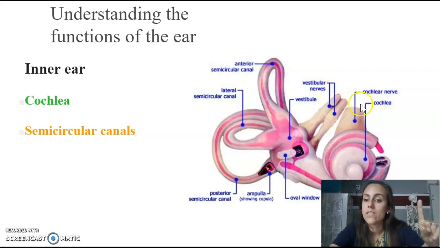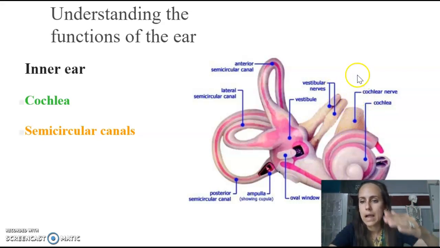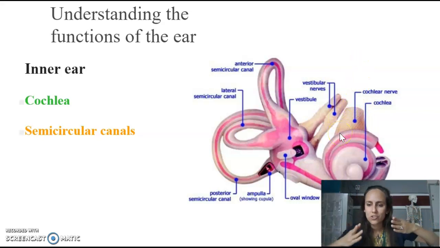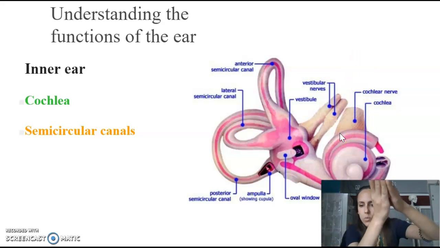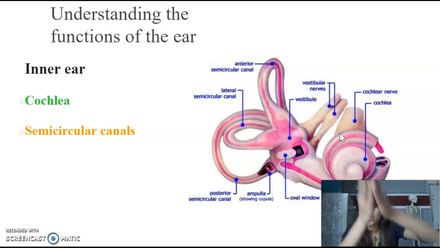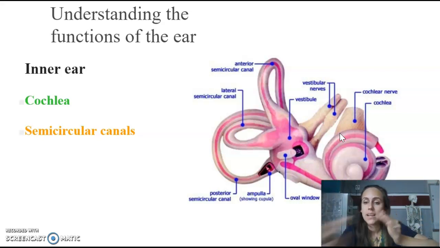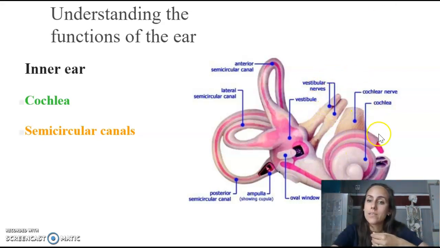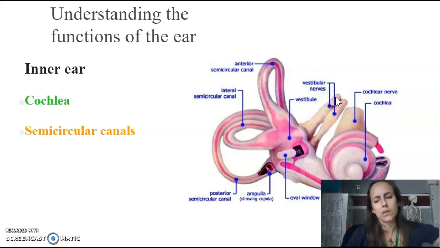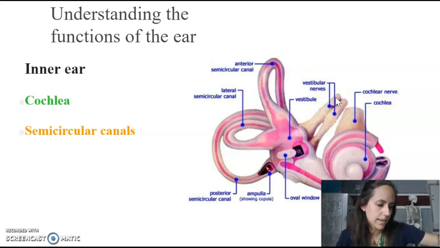The vestibular nerve and the cochlear nerve, out of the view of this picture, actually merge together into one before they branch off again. But the merging point, these nerves are collectively known as the vestibulocochlear nerve. Vestibulocochlear nerve. Let me check what number that is. That is cranial nerve number 8, okay? But you'll hear us talk